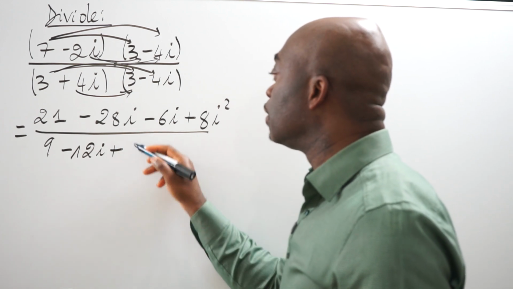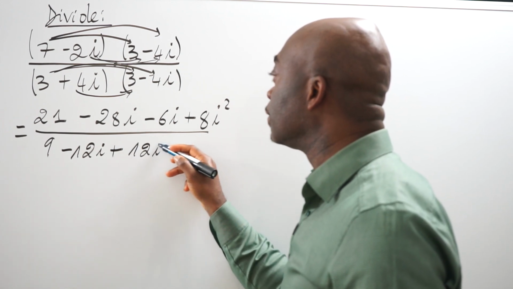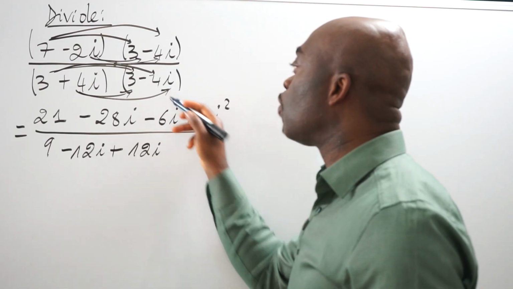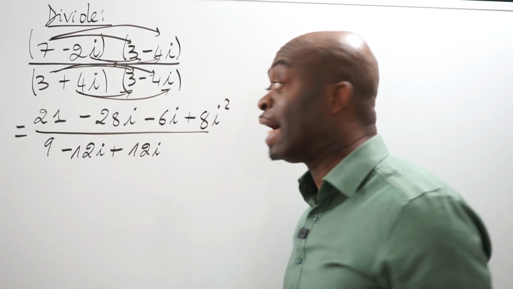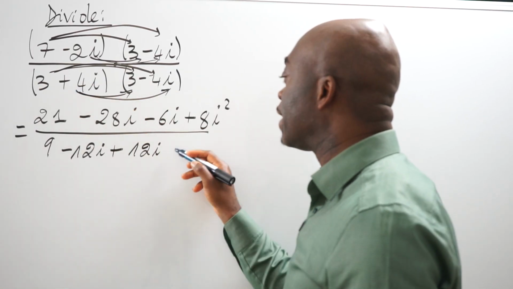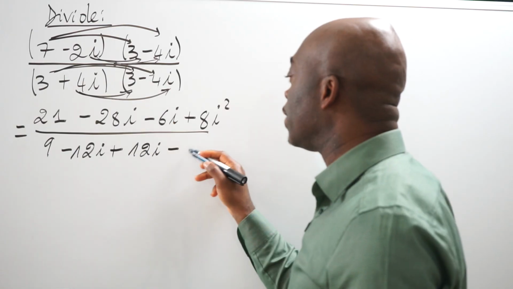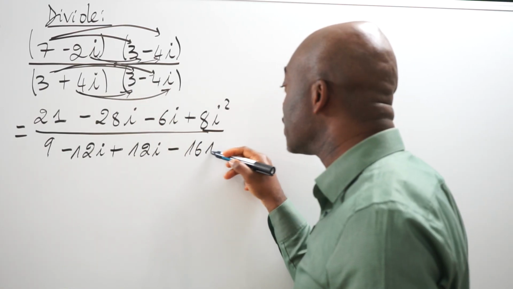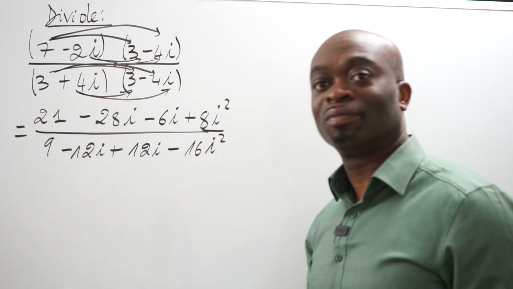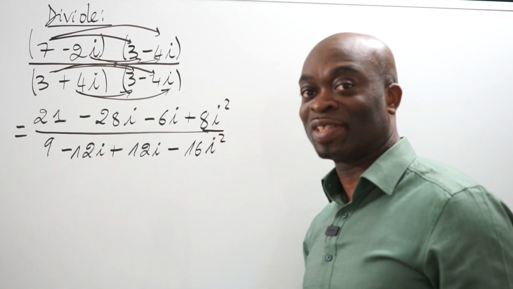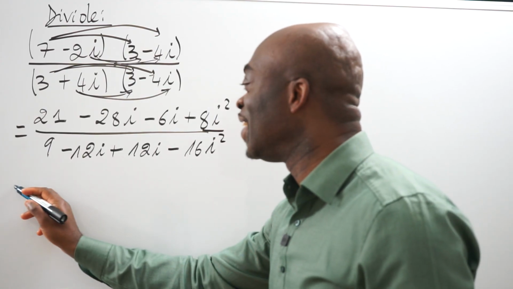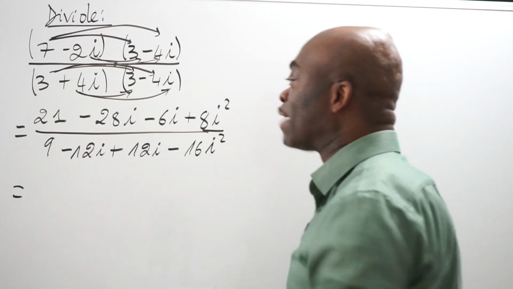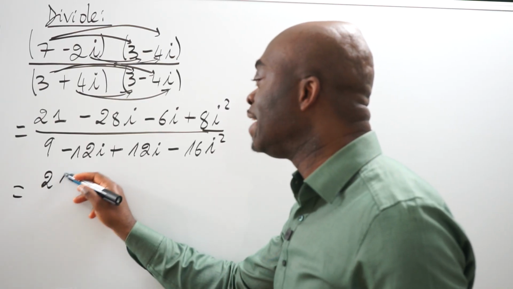Plus 12i. And then 4i times negative 4i, which is the last. Positive times negative is negative. 4 times 4 is 16. And then i times i is i to the second power. Are you with me? Okay, don't fall asleep on me now. Okay, so let's go. All right, so now we have 21, and then if there are any like terms to combine,